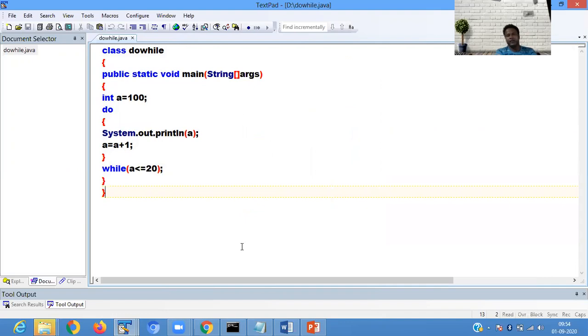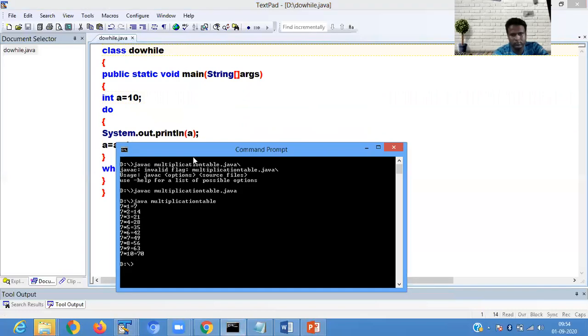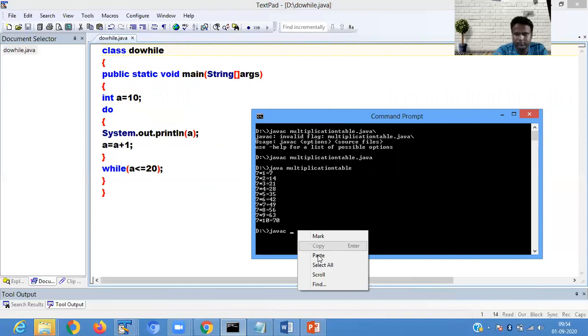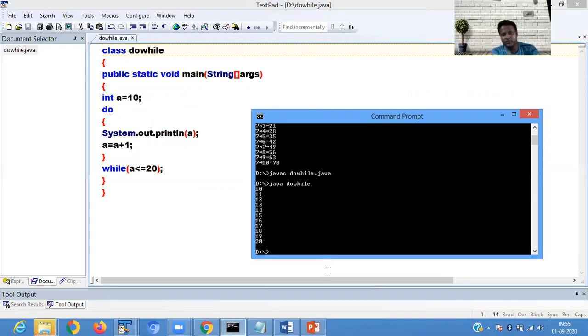Int a equals to 10. Suppose 10 here I am giving. Java C. It is printing me 10 to 20.